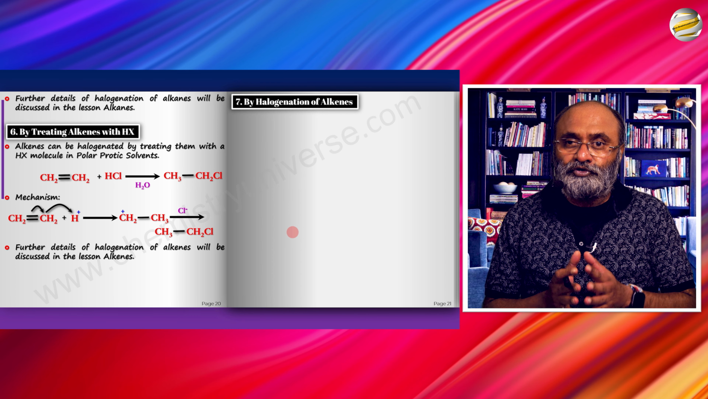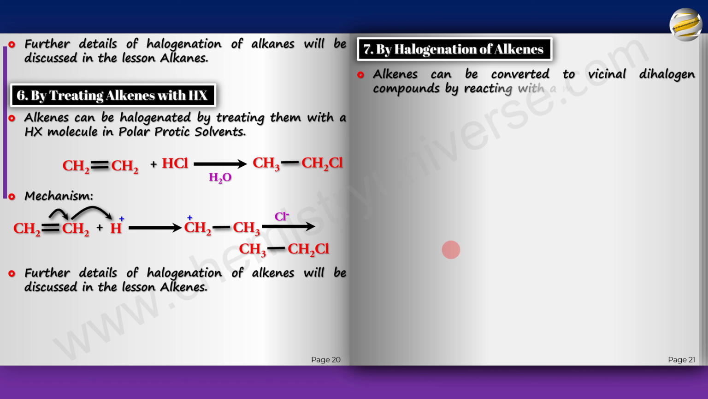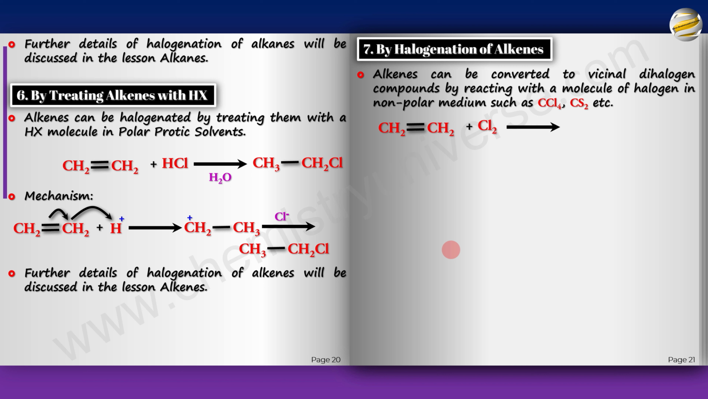So alkenes can be converted to vicinal dihalogen compounds by reacting them with a molecule of halogen in a non-polar medium such as CCl4 or CS2. So we have alkene reacting with Cl2. We take a non-polar solvent, and why we take a non-polar solvent, etc., we'll discuss later on when we do